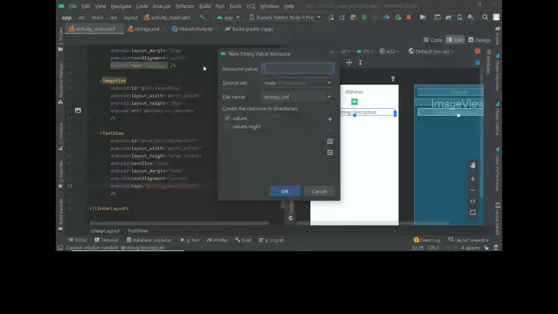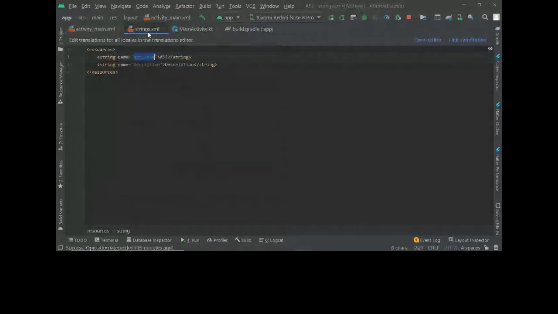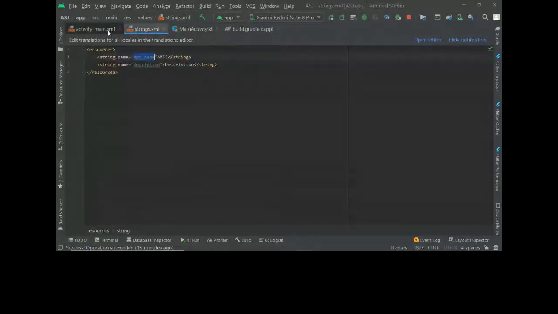Basically, this means I'll be creating a resource here, and the value of that, let's put only description for now. Click on this, okay, and there's no error because it created a string with description. As you can see, Android gives you a way so that if there's an error, it gives you some possible solutions so that it's easy for you to figure out what to do.